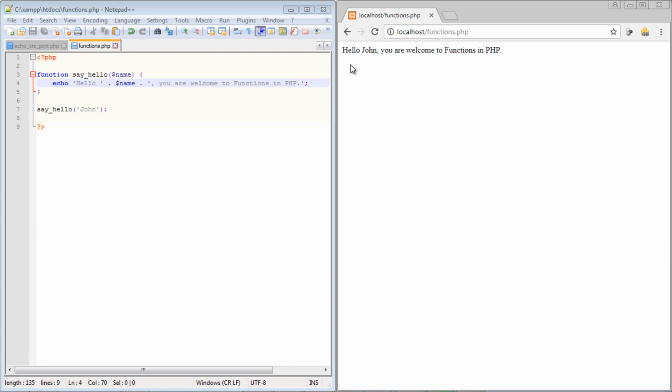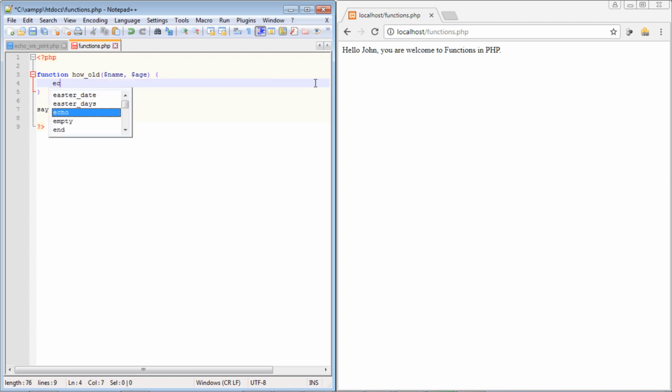Now, something else we can also do is specify more than one parameter. So let's say, for example, I want to create a function that tells you how old you are. So I will create a function and name it howOld in this case. Now, it's going to collect two parameters, the name and then the person's age. Okay, so in this case, I don't want it to actually output all of this mumbo jumbo. I just want it to output this. But in this case, I want to use the double quotes, since this is more flexible than the single quote,